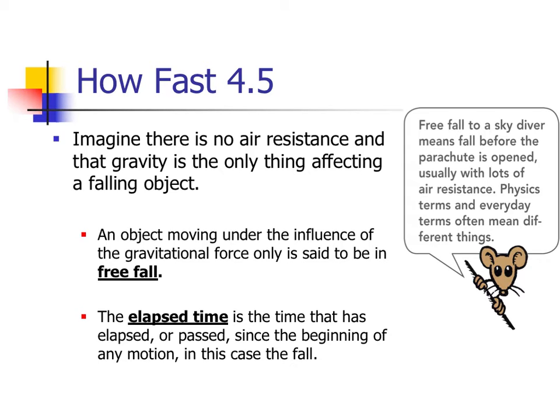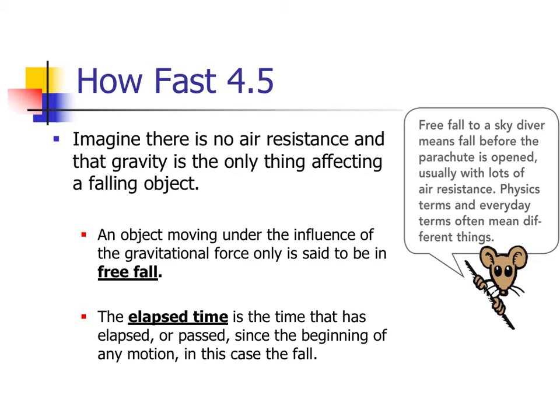Now, if there is no air resistance, that means everything moving or falling is going to fall at the rate of gravity. We can think of it as falling in a vacuum. That doesn't mean like the ones that we vacuum up the floor with, but a vacuum, meaning the absence of air. And if there is no air, there is no air resistance. And therefore, you are allowed to have what's called free fall, meaning everything is allowed to fall